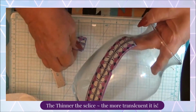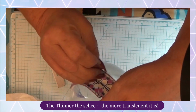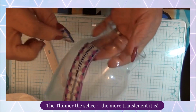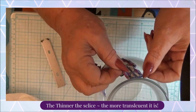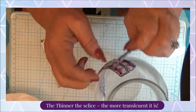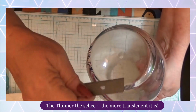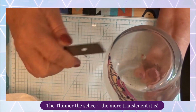I'm going to bring this piece up here and see if by some chance it somewhat matches up here, and if it doesn't, I won't use it. If it does, I will use it. So let me see if I can get it situated in here. Not enough to make a difference, unless I put it right here, and we'll see about that in just a minute. Okay, we'll go along the bottom edge of my jar, or my vase,